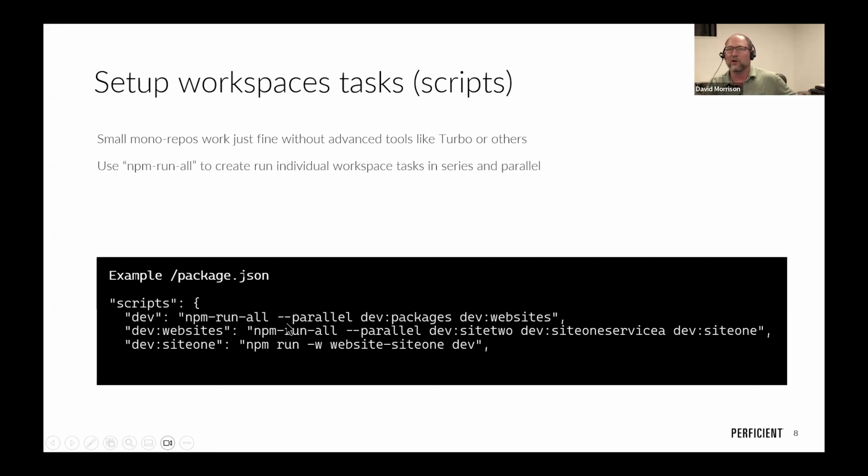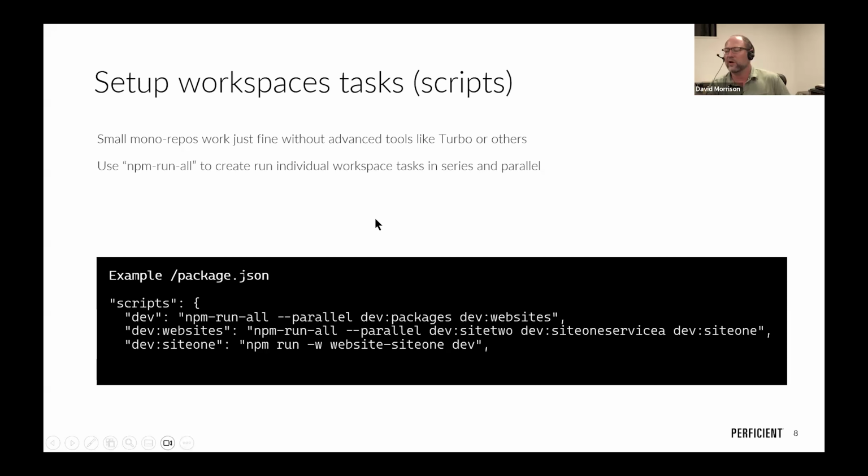When we're starting up multiple web servers, in your head that makes sense: you're going to be starting multiple sites in parallel. So for example, with this one command down here, npm run all, I'm going to start all of my web servers in parallel. And then when I start to think about the individual web servers, that's where I reach the workspace. I'm going to use the -w flag on npm run, and that'll allow me to target the task from a specific workspace.